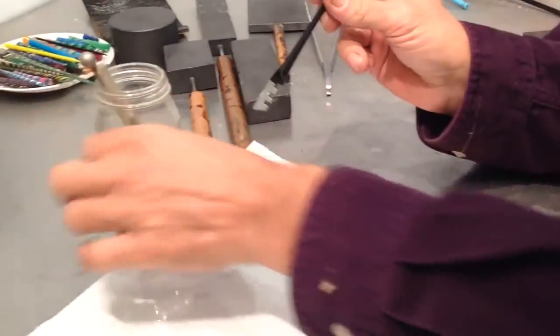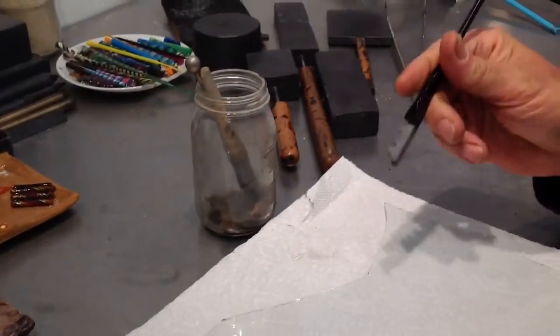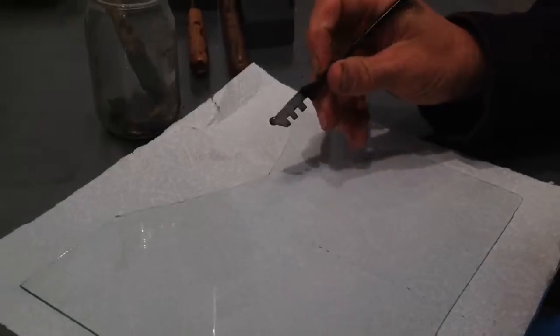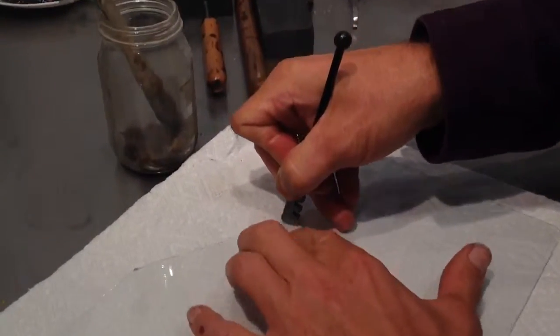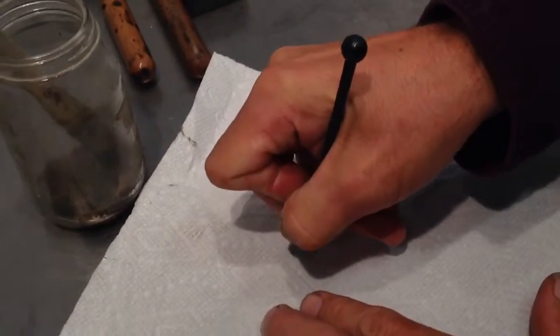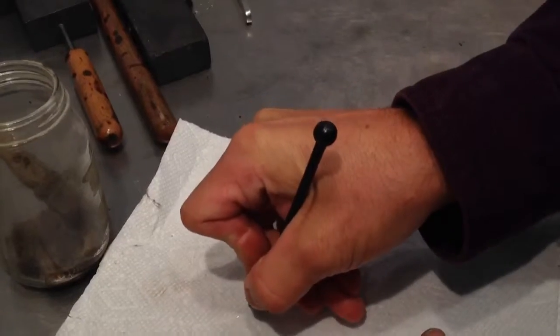And I have a jar with a rag at the bottom with oil in the rag. It keeps the wheel nice and oiled. And literally all I'm going to do is just press the wheel onto the piece of glass and roll it. And you're going to hear it, oops, my hand slipped off. You're going to hear it scratch